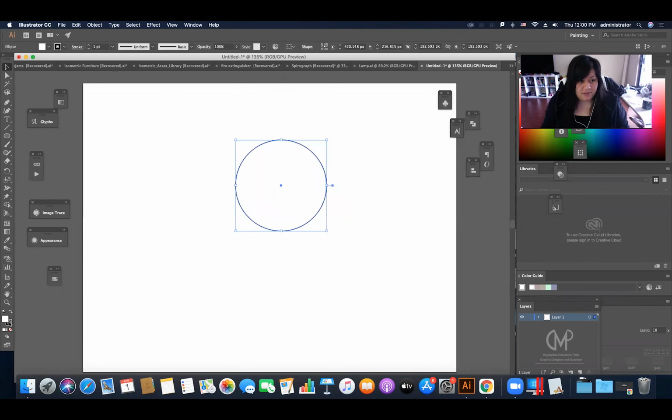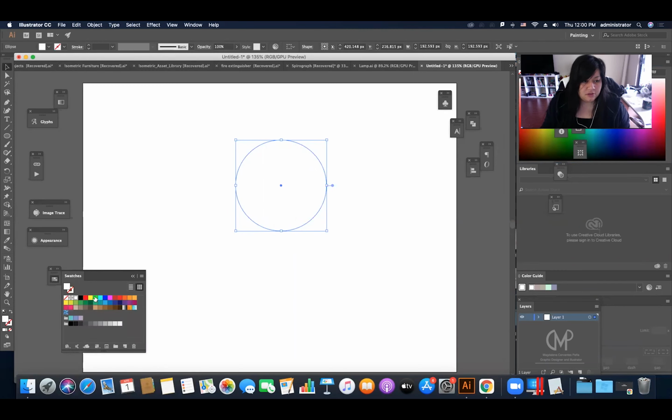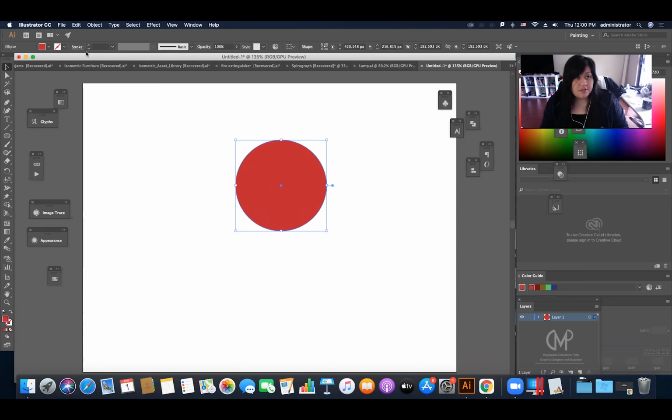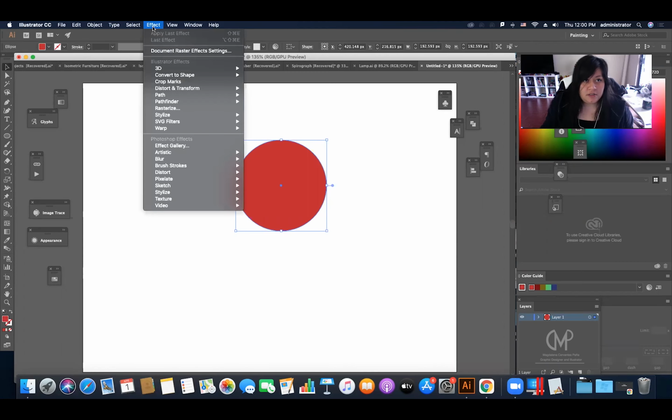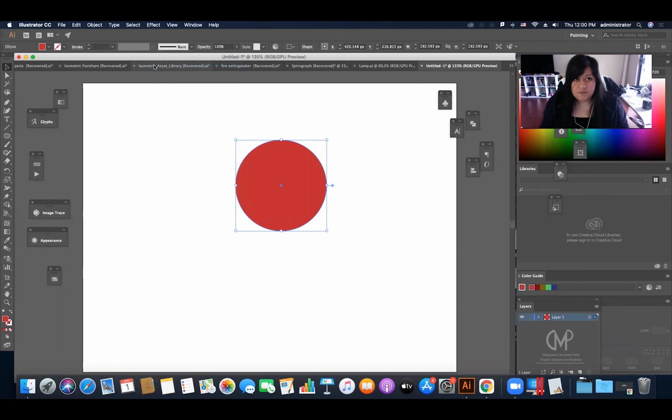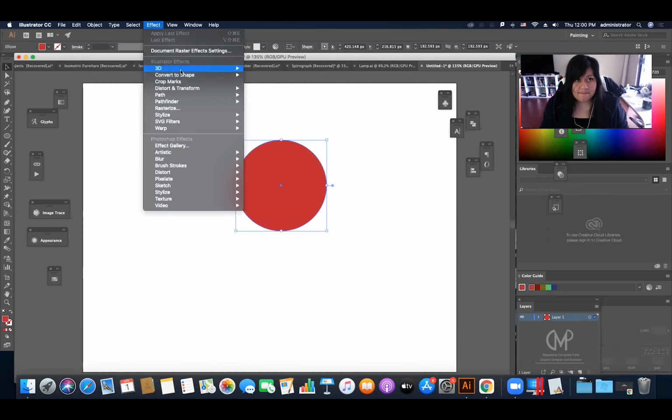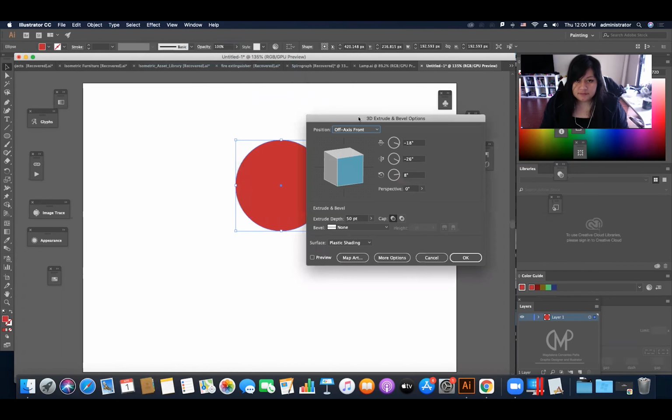Make sure you have just the fill. Going to even just leave it in color red for now, so I can see it in my artboard. I'm going to put Effect, 3D, Extrude and Bevel, Isometric Top,